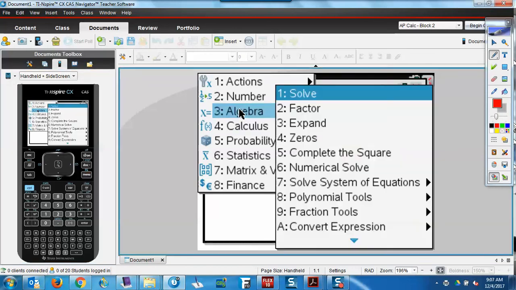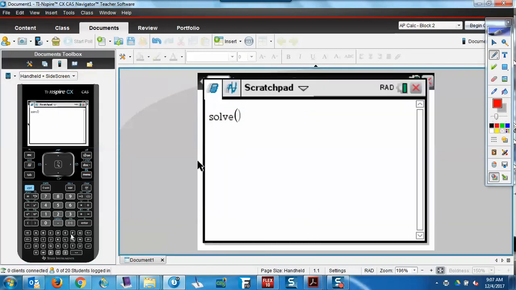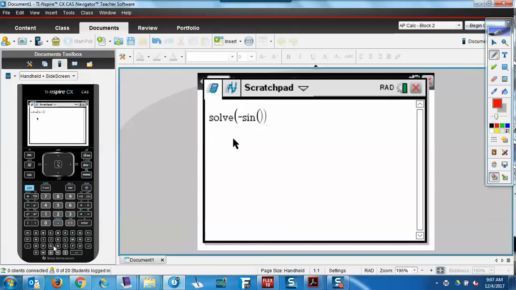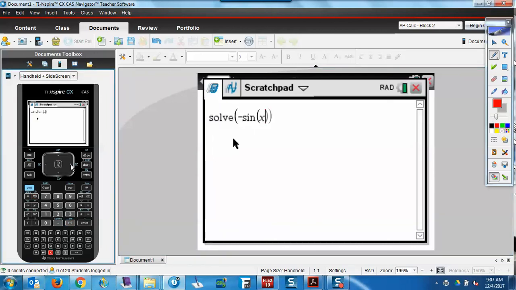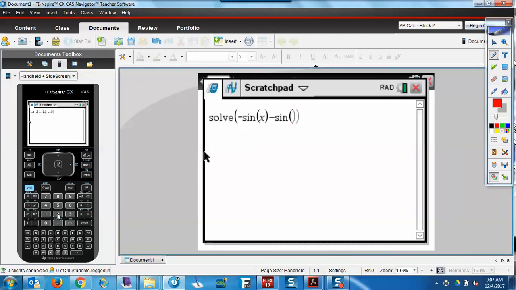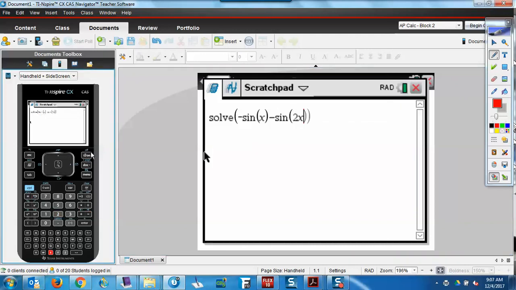so menu, algebra, solve, what was it again? Help me out. Negative sine x minus sine 2x, did I do it right? Is that what you guys agree with? Am I good so far? And then what do I put? Equals 0,